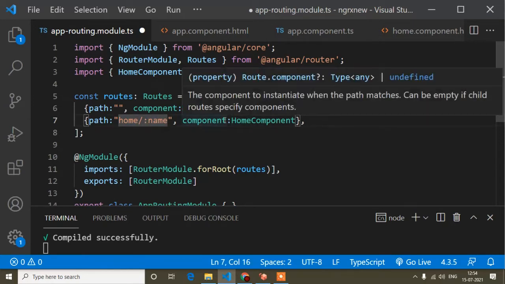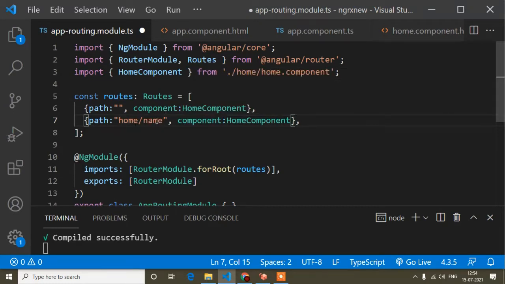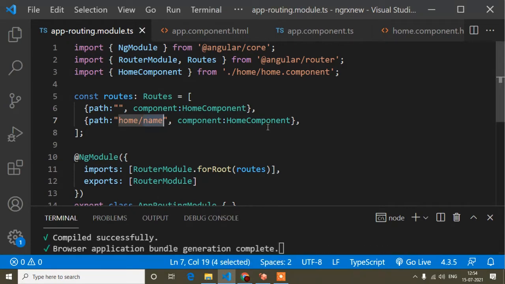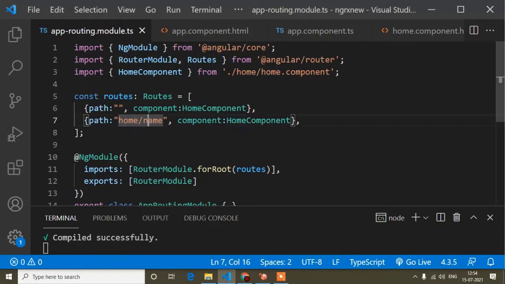If I write it without the colon, then home/name is the path name, so if you write home/name it will open the home component. If I show here, if I write home/name, you can see it opens the home component, because now home/name is the path.